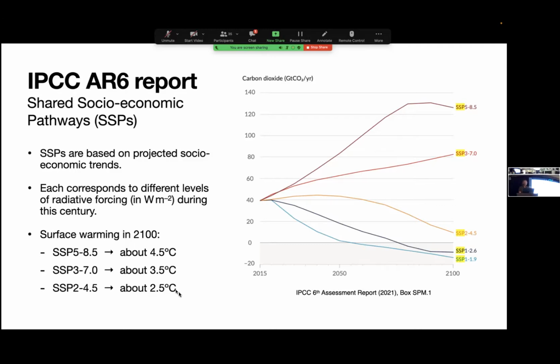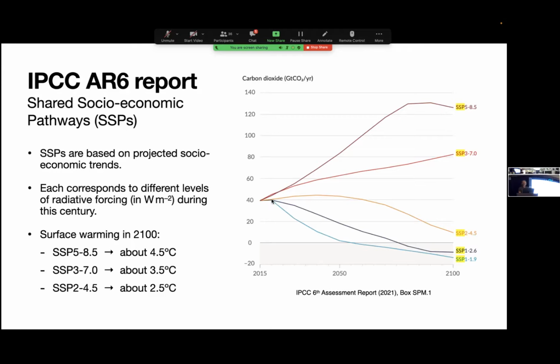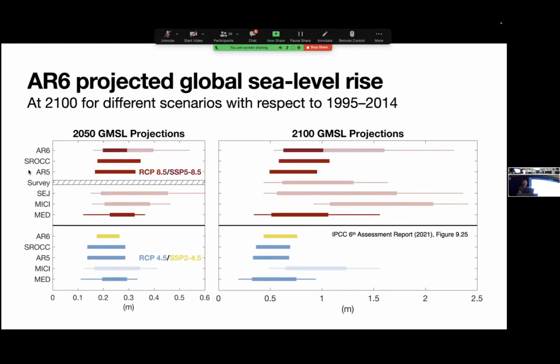So what do these mean for sea level? Here's another figure from this new report, and again, there's something a little different here. If you look at the AR5, here we have this business as usual, the 8.5. Here is another scenario where we have more success at mitigating our greenhouse gas emissions. But if we look at the AR5 versus the AR6, the last report, at 2050 there are not that many changes. And even for a lower emission scenario, it's relatively the same, something like 20 to 30 centimeters